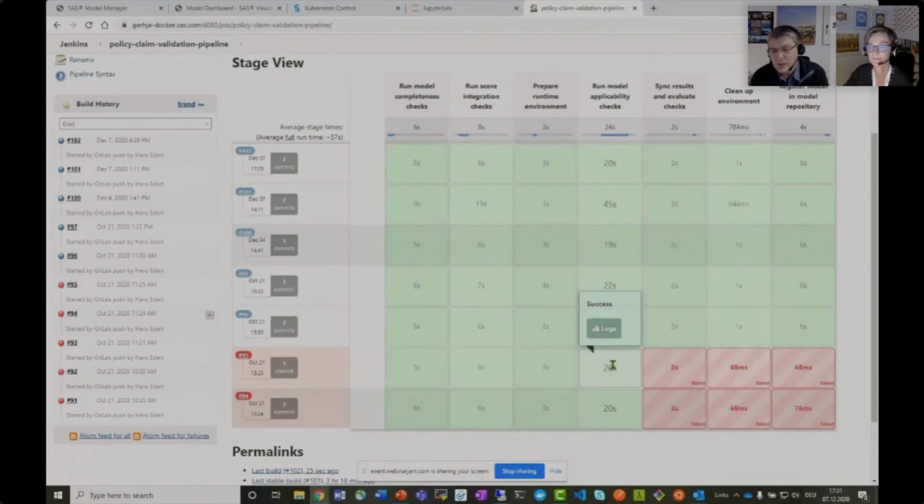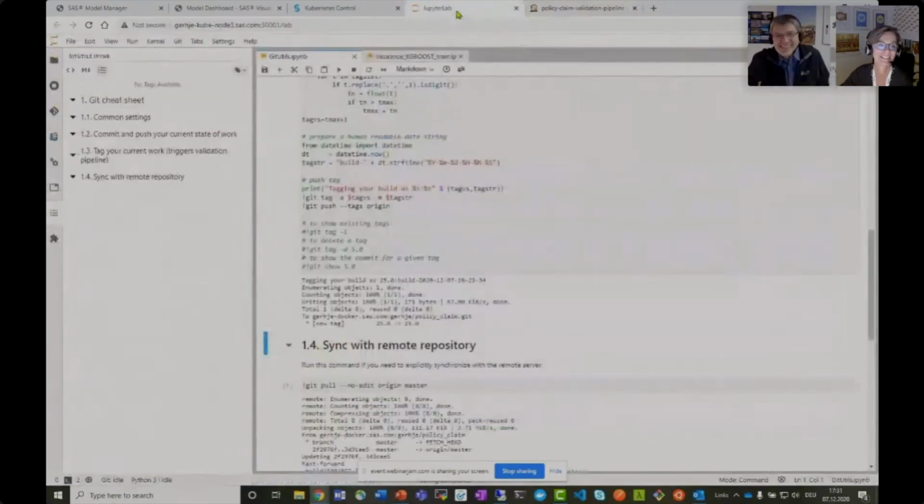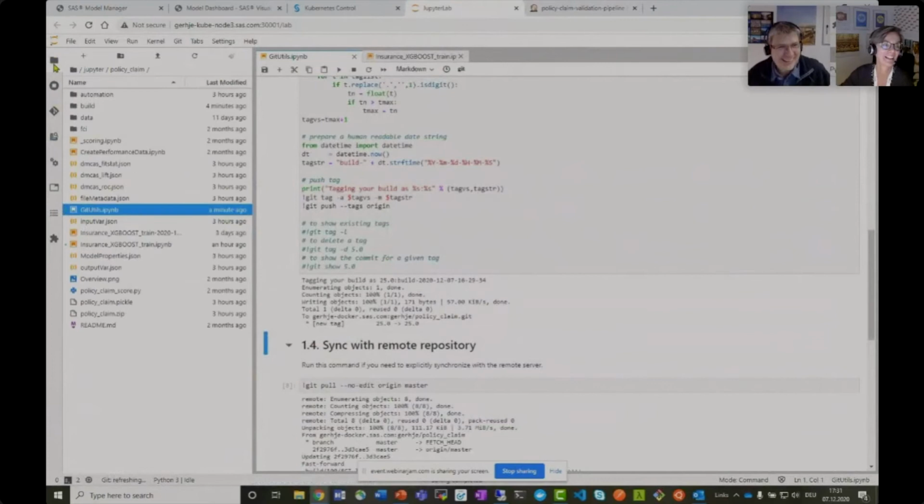Yeah. So if you want to show the SAS log, better go back to your development environment. Okay. Thank you. And just remember, this is build number 95. That was failed. Yeah. Okay. So now,